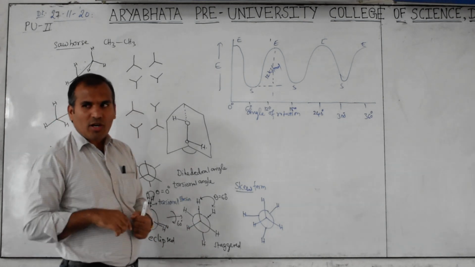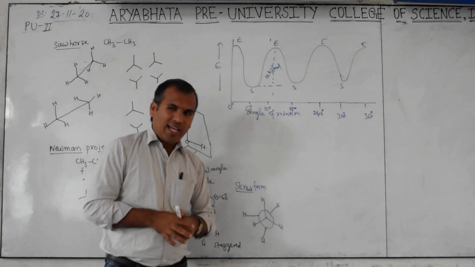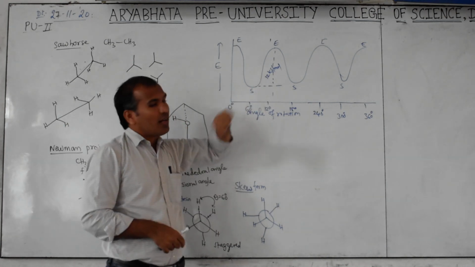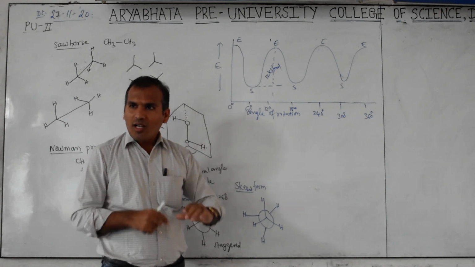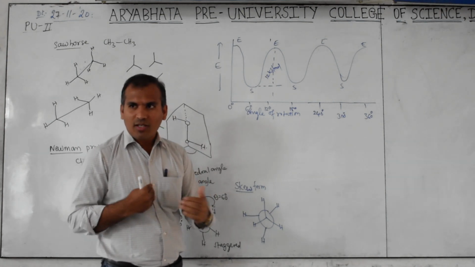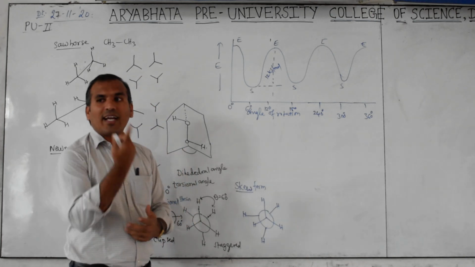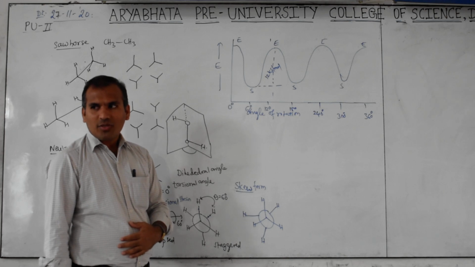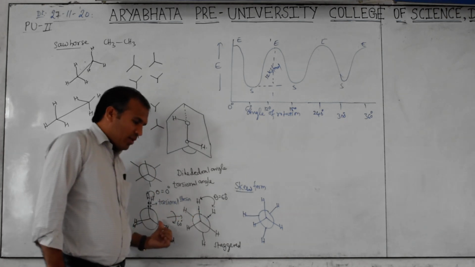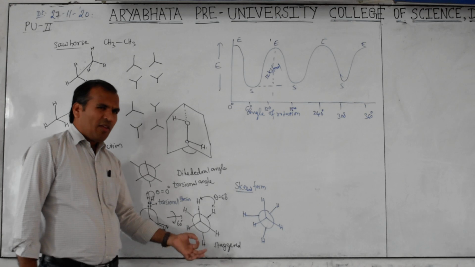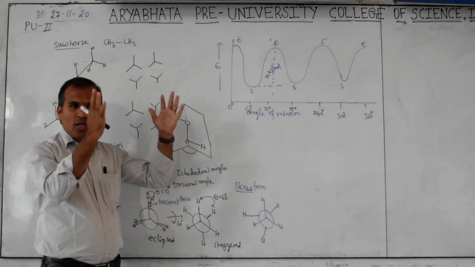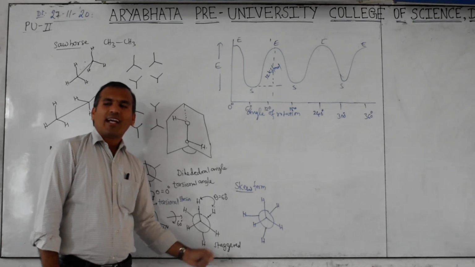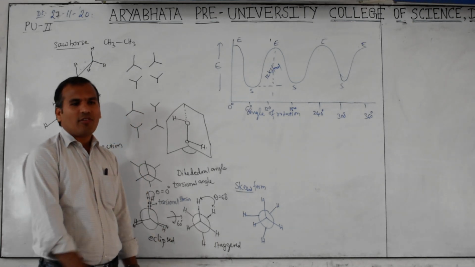But the thermal energy is not very high compared to this 12 kilojoule. Actually, that is less, nearly 4 kilojoule per mole only. But here, how much is there? 12. But also these are randomly, fastly interconverting eclipse to staggered form. How are they interconverting? In this rapid interconversion of eclipse to staggered, if we take 100 molecules, only 2% molecules exist in the staggered form, remaining are in eclipse form.